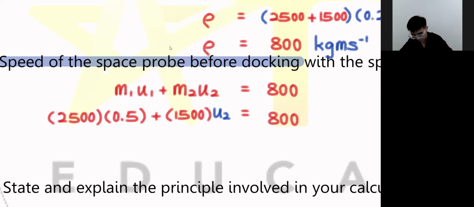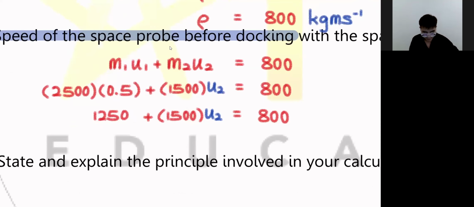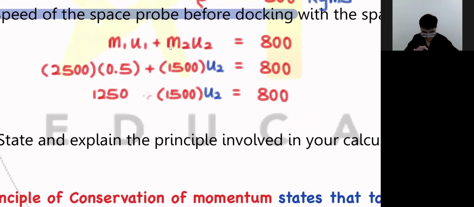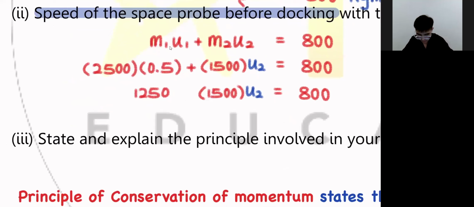Then just calculate, then you get the answer. You should be getting a value of 1,250. If you calculate 2,500 multiplied by 0.5, it'll be 1,250. Then just do your algebra expression. Let's see, 800. This 1,250 is added to the 1,500 times U2, the other momentum. So what you do now,